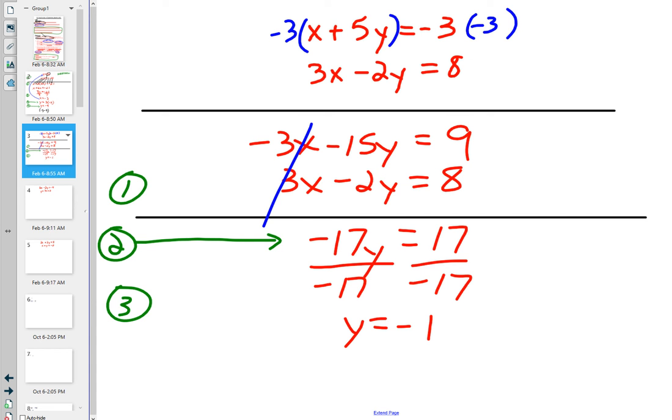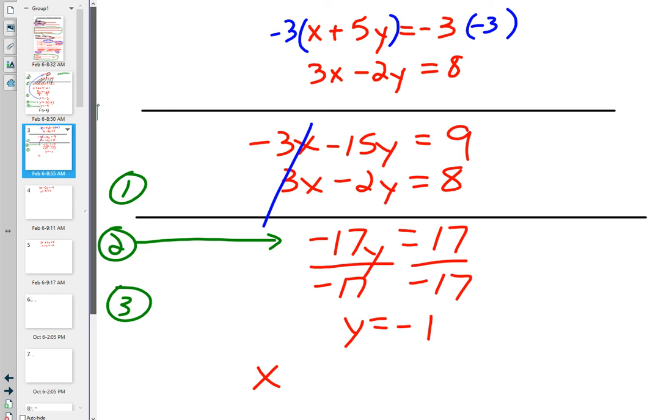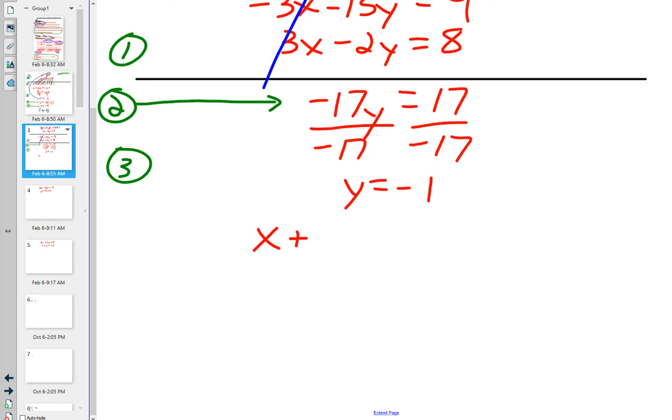Substitute. You can pick any equation you want with elimination. A lot of times you're not going to find one that's preferred. Just pick any one. It doesn't matter. Pick whichever one you want. I'll use the top one. So I'm looking for x. So I will write x plus 5y, which y was negative 1. So